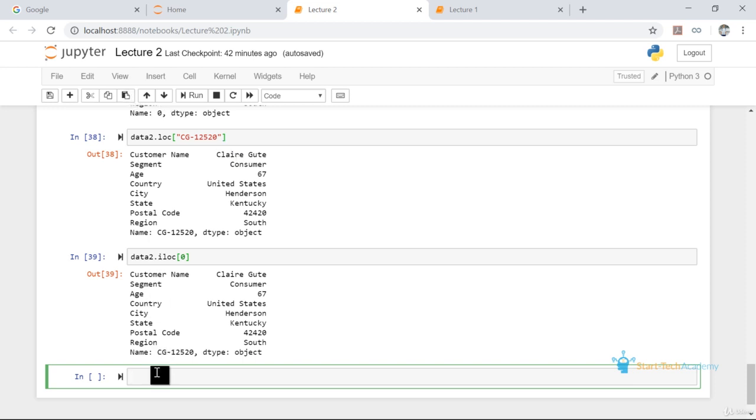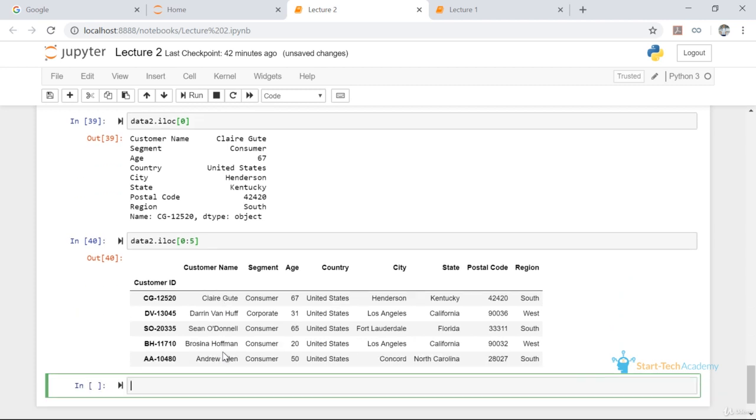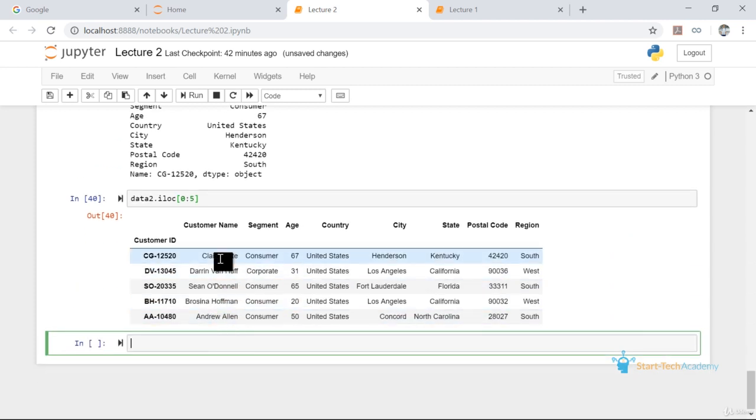Just like in lists, in a data frame you can also mention multiple values using the colon operator. So for example, if I write data2.iloc[0:5], this will give me the data of the first 5 rows, where the index values are 0, 1, 2, 3 and 4.